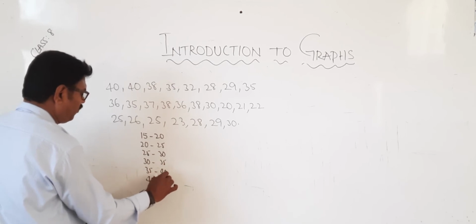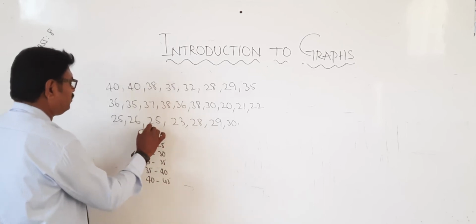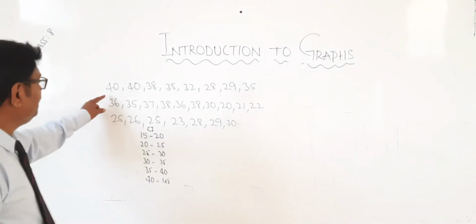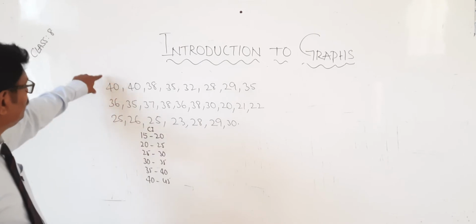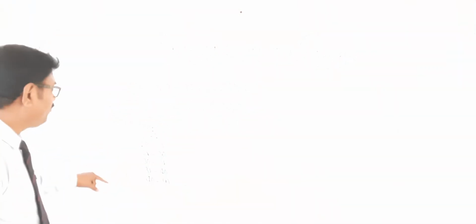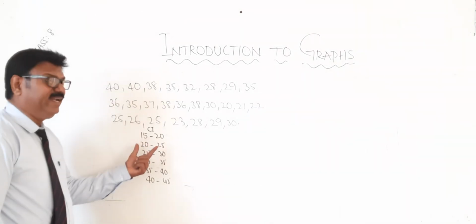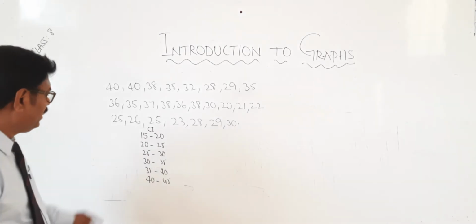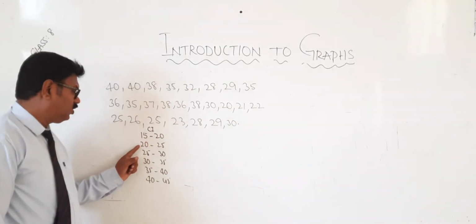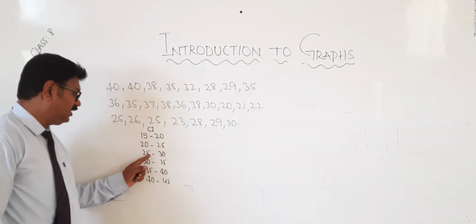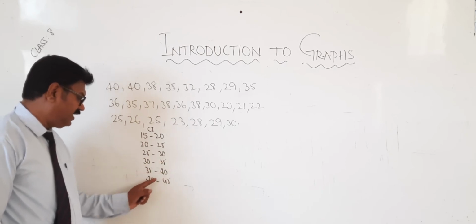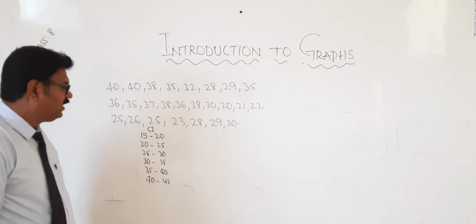And 40 to 45. This is known as class interval. Okay, it is not possible to write everybody's. Therefore, what we are doing? We are dividing them as class intervals. There we are grouping. How grouping? So 15 to 20 marks, 20 to 25 marks, 25 to 30 marks, and 30 to 35. 35 to 40 and 40 to 45.